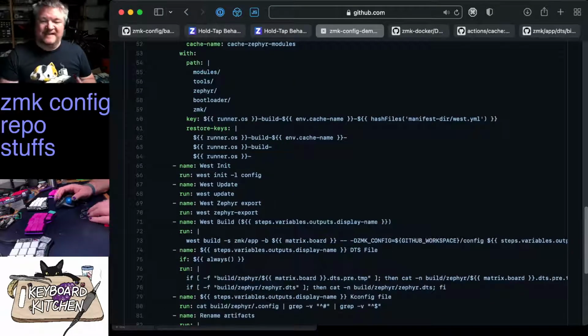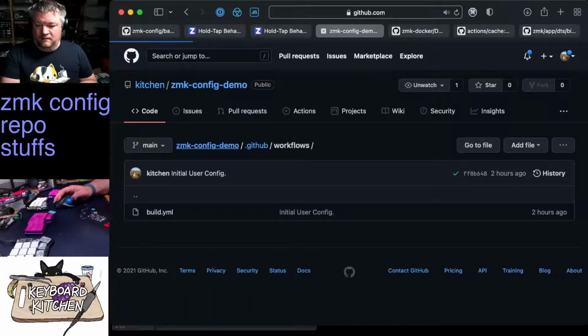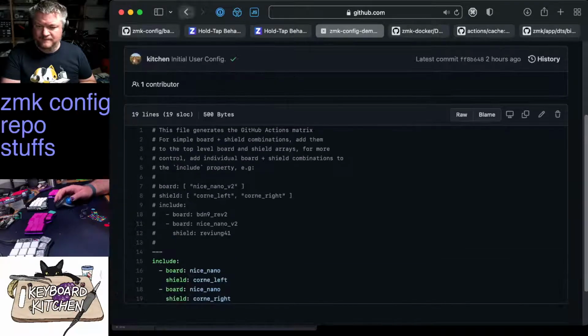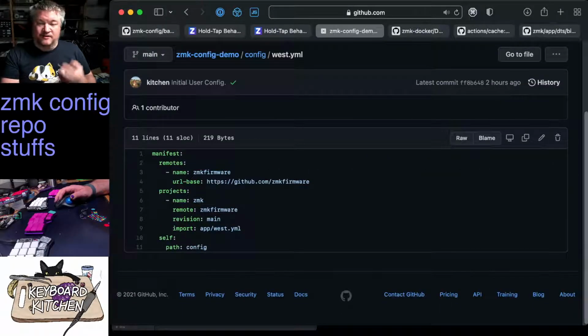West init. What that does, West is Zephyr's build system. If you're familiar with building software on Linux, it's Make, it's Rake, it's Maven, it's whatever. In fact, it's much more than Make and much more than Rake, because it also handles package dependencies. So if you look at config west.yaml, here it says the West manifest says remotes ZMK firmware,